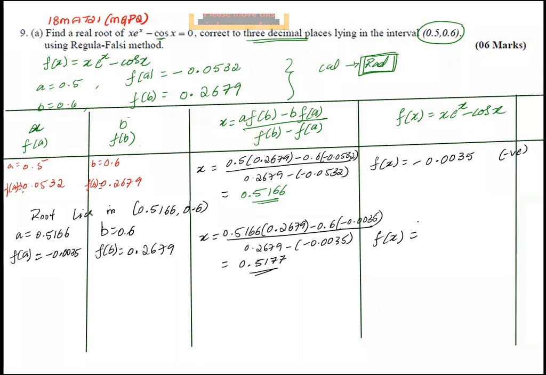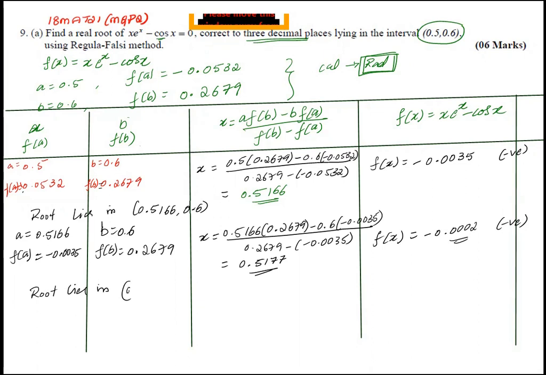Then find f of x, that is again x into e power x minus cosine x: 0.5177 into e power 0.5177, minus cosine of 0.5177 radians, that is minus 0.0002 I got. Again it is a negative value, so you should change the value of a. That means your root lies in